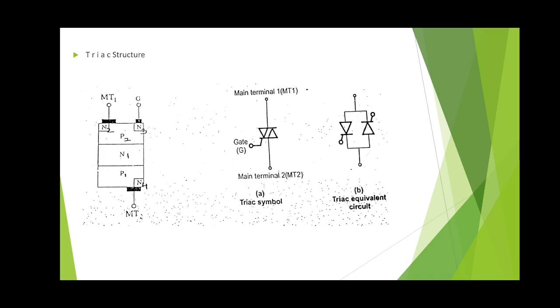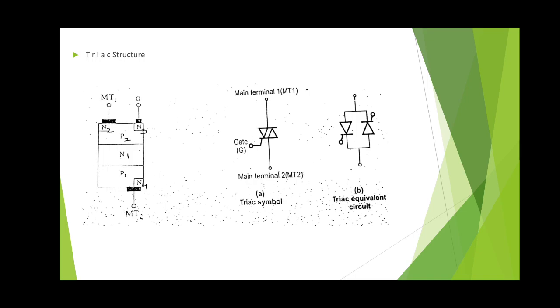Okay, now let us go with the next very important power semiconductor device belonging to the thyristor family, the TRIAC. The question again will be asked on structure, VI characteristics, or applications, advantages and disadvantages. So first let us go with the symbol and the structure. We can observe the structure of the TRIAC, then the symbol. It has 3 terminals, meaning it is a control device, then its equivalent circuit.